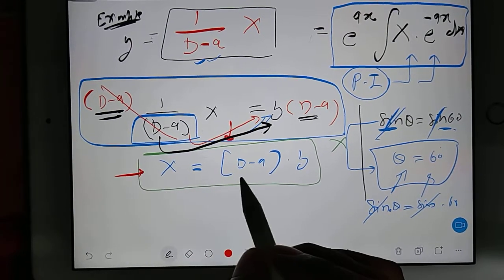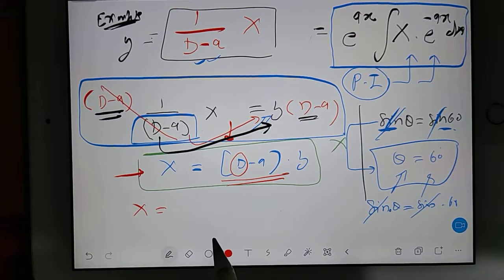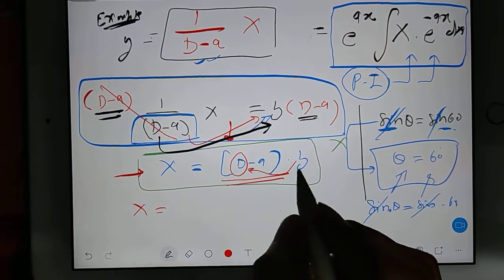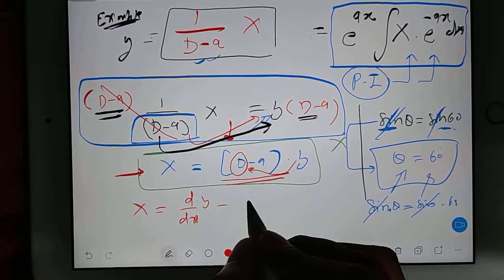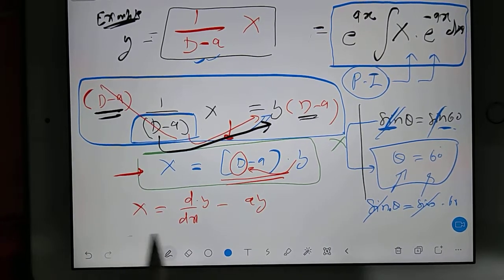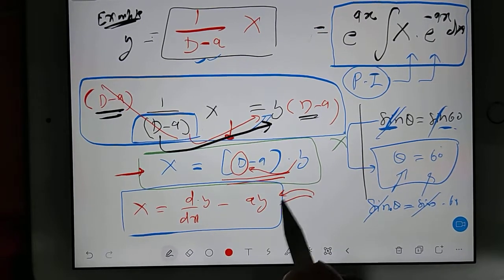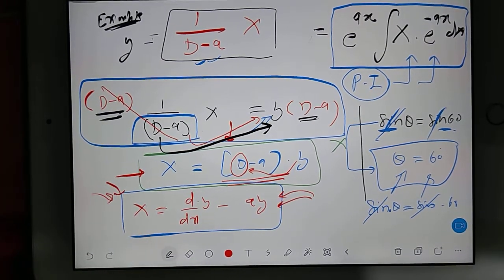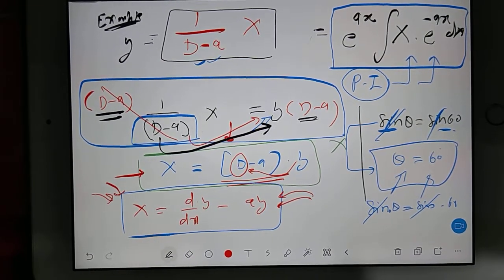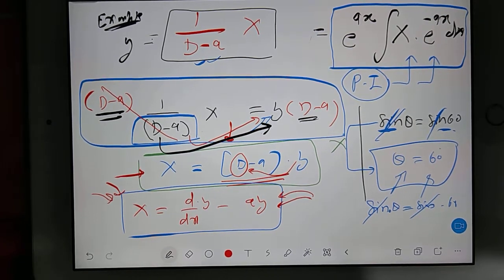Main focus is after achieving this, we will write like x is equal to, what is this? This is d by dx, correct? Keep in mind. So when you will send this y inside, so it will be like d by dx into y and minus ay. Okay, if you focus on this, what is this, guys? Can you remember what is this? Anyone try to remember what is this format? In last few classes we have discussed this format. Can you recall the name? Linear? Good, very good. But what is the name of this? What is the name? Which one?